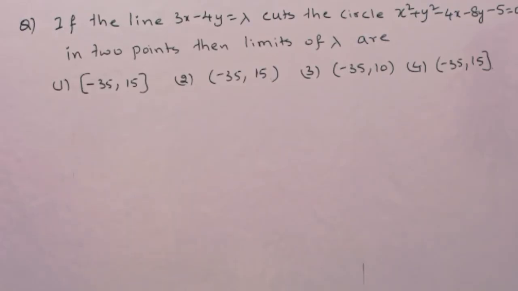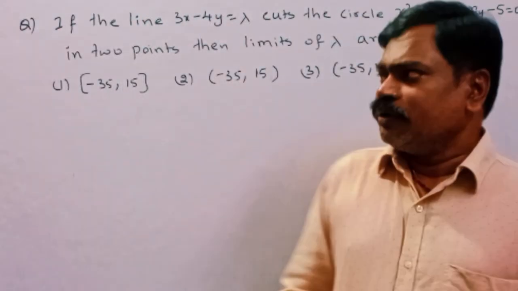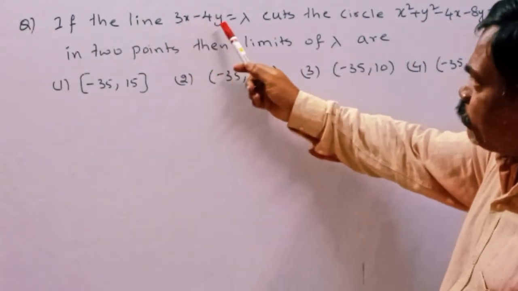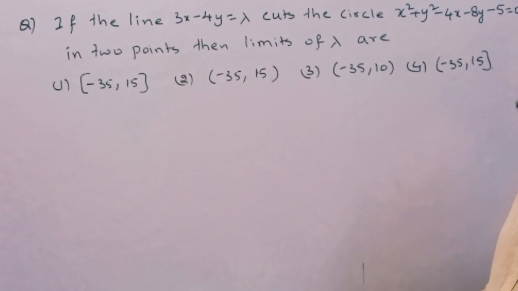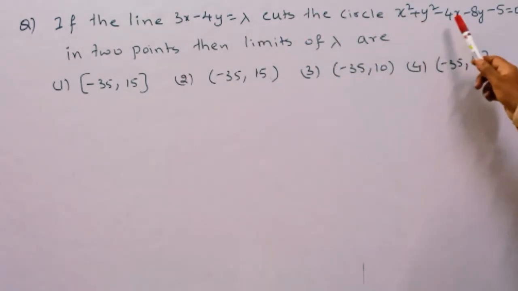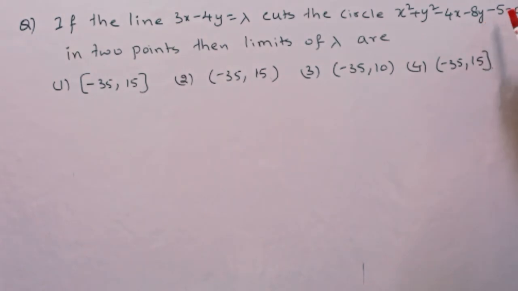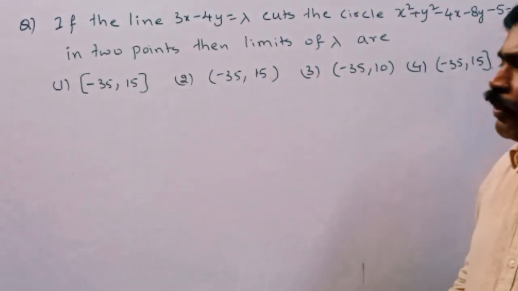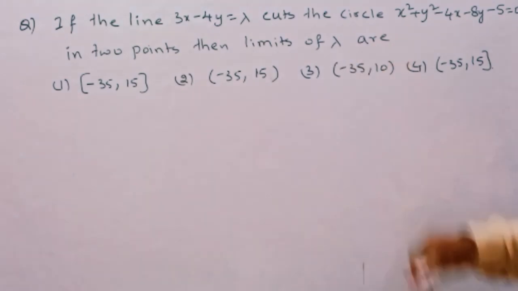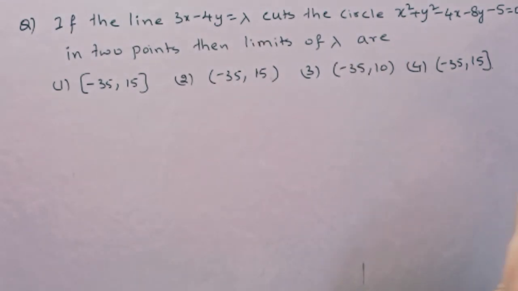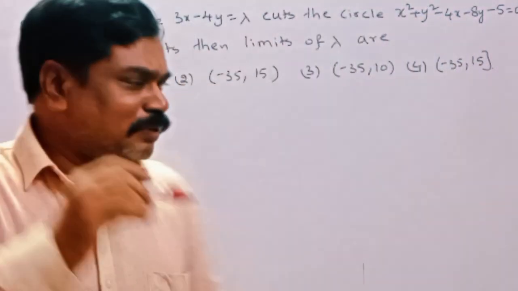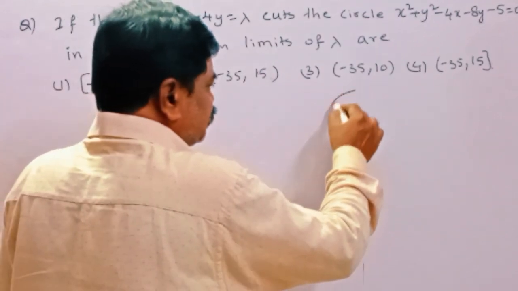Here is one more problem from circles. If the line 3x minus 4y is equal to lambda cuts the circle x square plus y square minus 4x minus 8y minus 5 equal to 0 in 2 points, then the limits of lambda are, these are the options given. You observe, all of you, this is the circle,